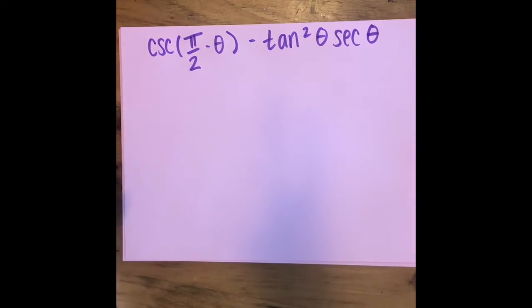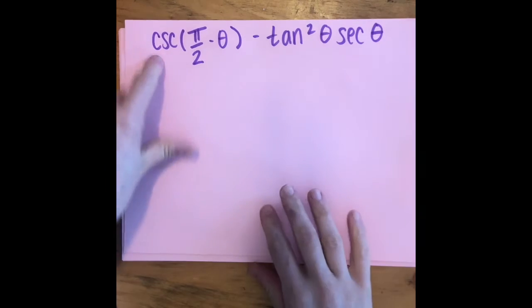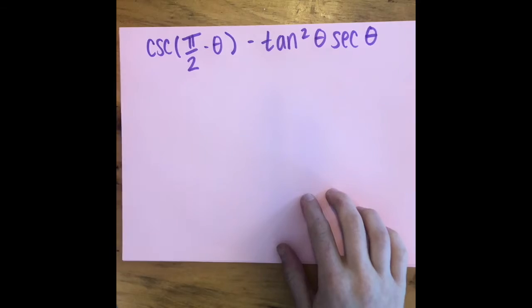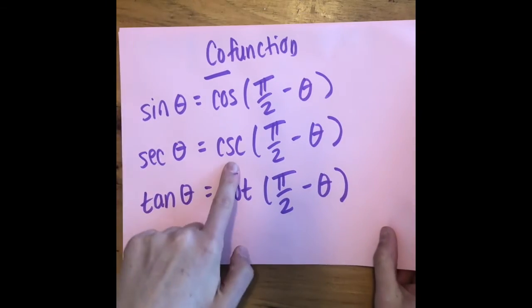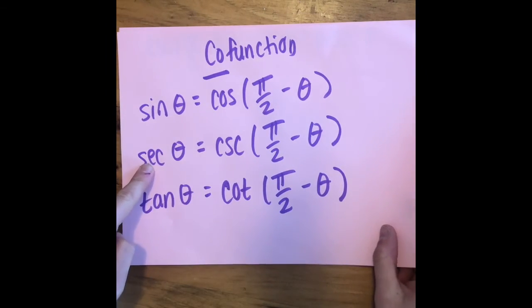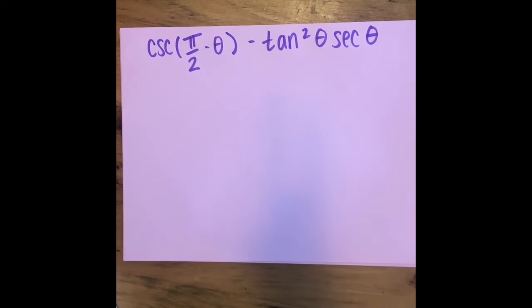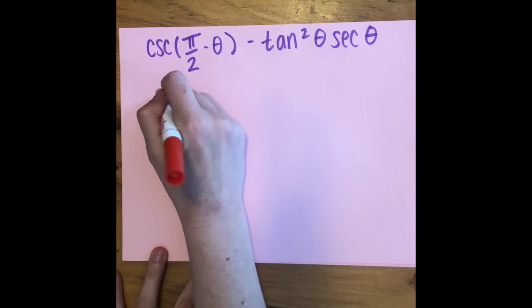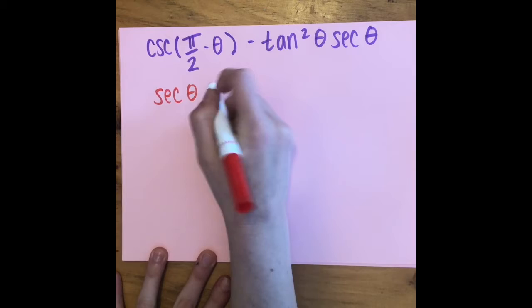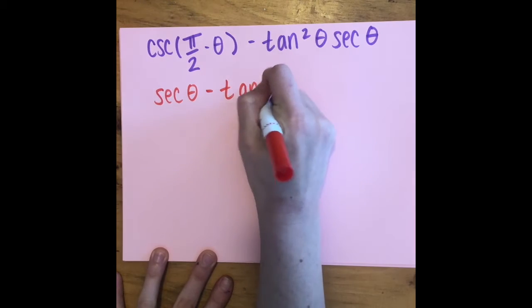So different, we're not using cosine and sine anymore, but we're still using the cofunction. Cosecant of pi over 2 minus theta. Well, cosecant and secant are cofunctions. So this is really just secant theta minus tan squared theta